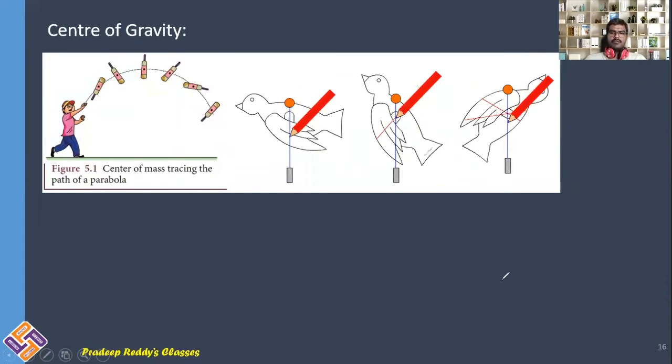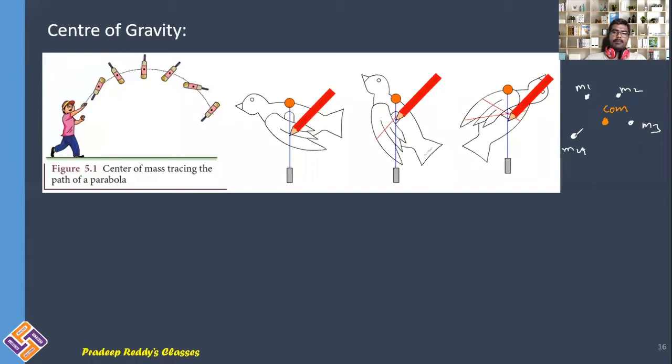Students, we already have learned what is meant by center of mass. Now, for example, there is one mass here, another mass here, another here, and another here: M1, M2, M3, and M4. All these masses have a center of mass situated at this position. This is the center of mass position. So M1, M2, M3, M4, all their masses are concentrated only at this position, which is the center of mass.